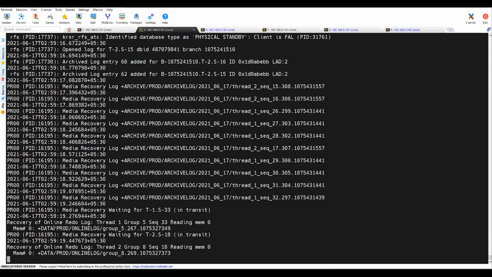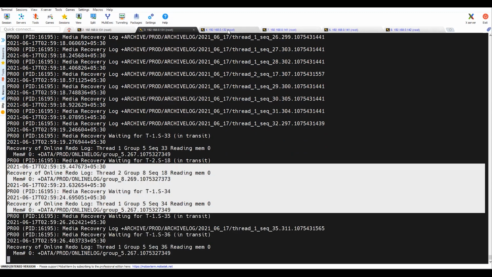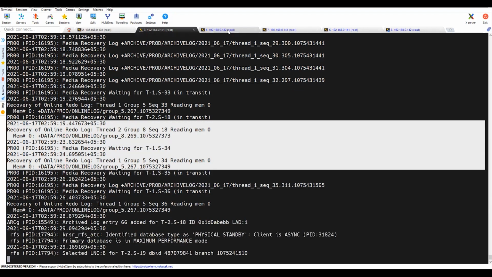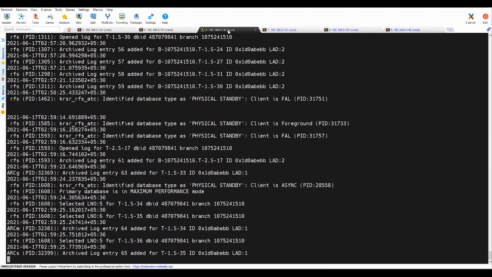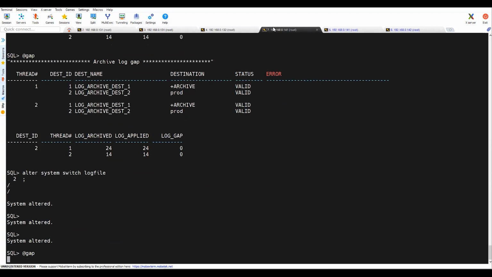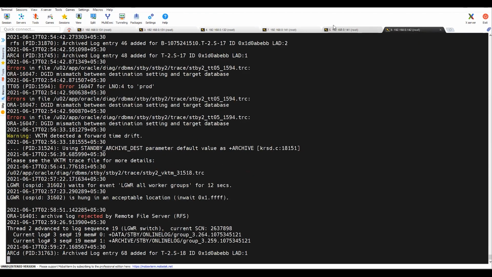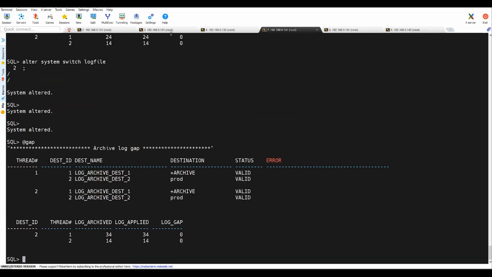Here we can see this recovery is happening on one of my primary instances of the standby database. That means proper communication is happening, and you can also monitor it through a query. So basically there is no gap as of now. That means our database is completely in sync, and we have successfully done the switchover.